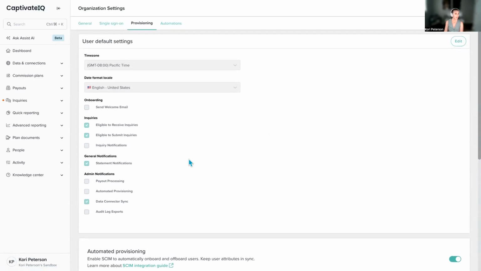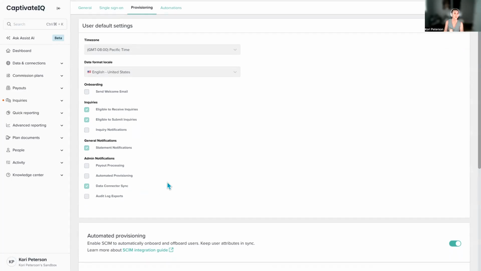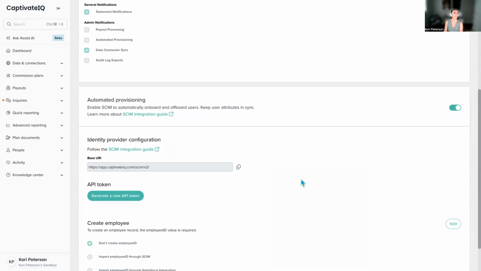But just a couple key things to highlight: if you do utilize us for the automated provisioning, we do have you set some user defaults, so that you can designate what the eligibilities are that you want all users to have access to. We'll lean on these default settings as we create those users so that, again, you don't have to go back and make sure that everything is how you want it to be, which is really great.